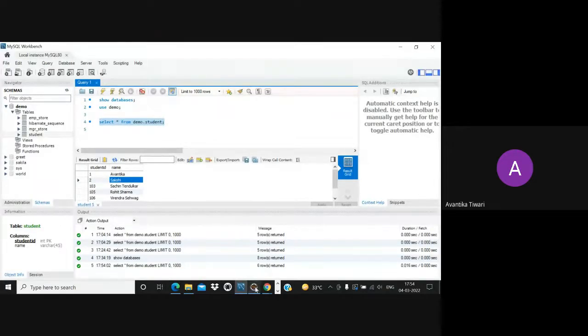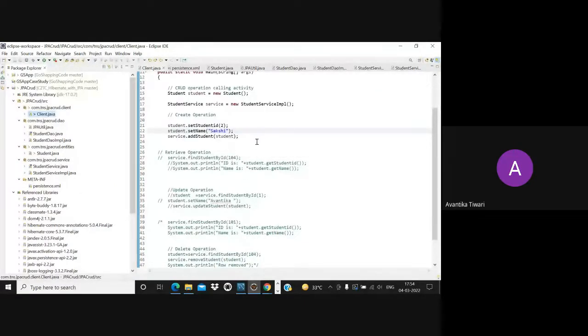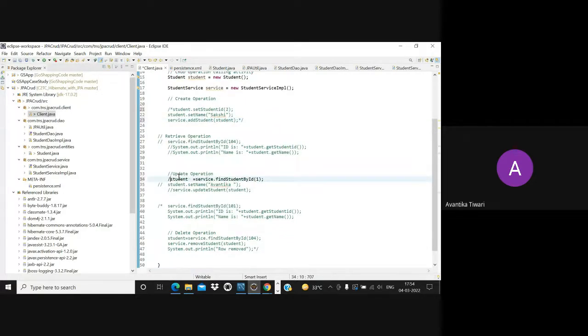Okay, now let me update it. Update operation. So I am making it a comment, else it will again try to insert Sakshi. I am updating Sakshi to Sakshi Yadav.